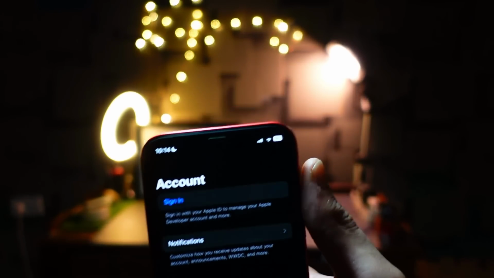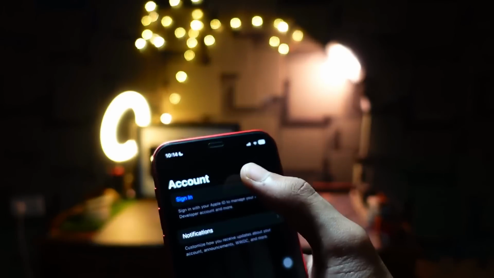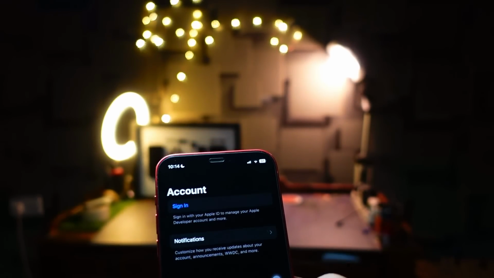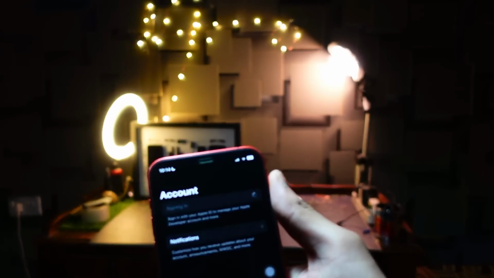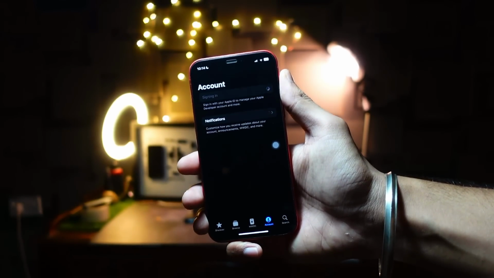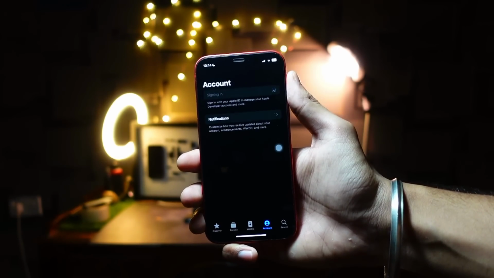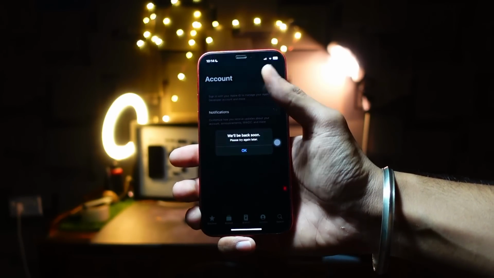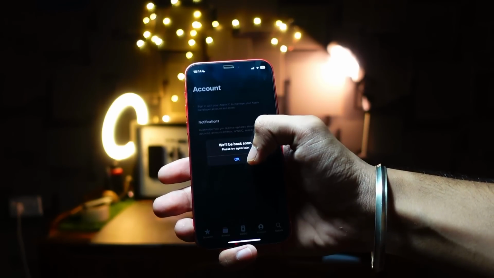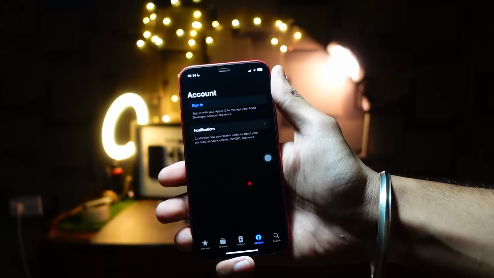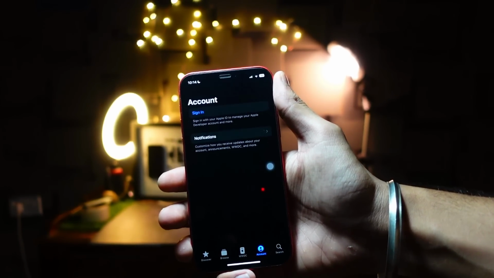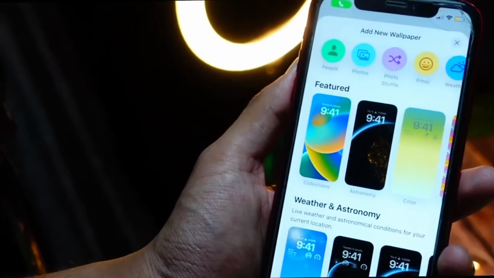You cannot install beta profiles, and beta profiles are not a thing now. Apple has stopped signing them, and in general, they have just stopped doing it. So you just can't do it. There's no way to install it in an unauthorized way. We have to wait for some time for that, but if you want to install it on day one,